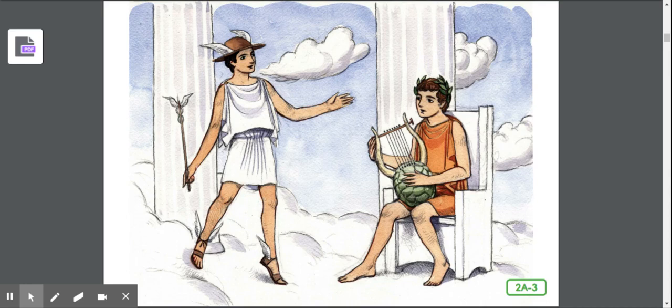If Apollo is composing a song, what is he doing? "So sorry," Hermes exclaimed, although he was secretly pleased, for he was a bit of a trickster. Hermes went on, "But soon you will have more of an audience, for our father Zeus has summoned, or called, all of us here to the great hall at once." Glancing around nervously, he added quietly, "And you know how he can be when he is kept waiting."